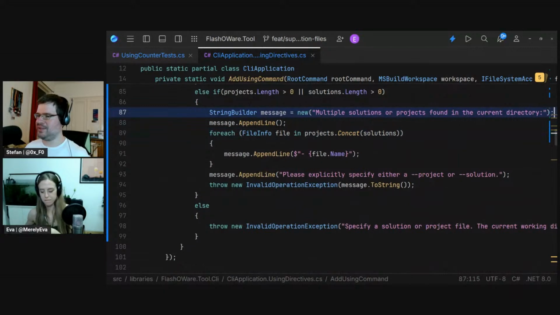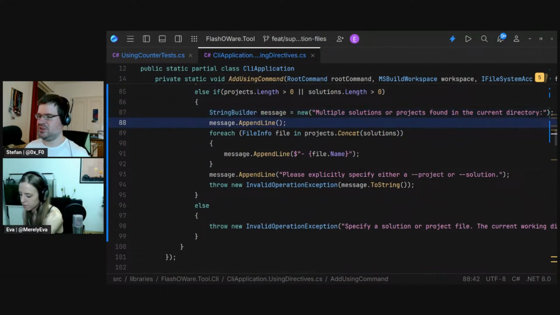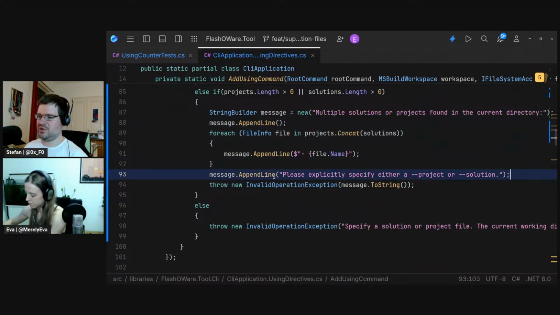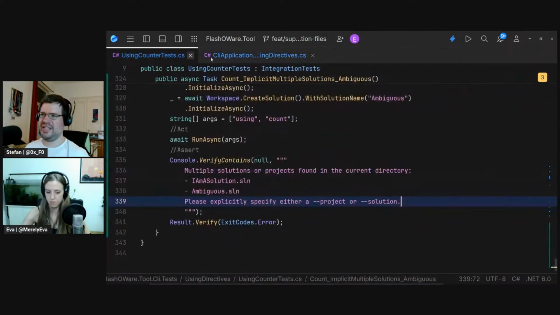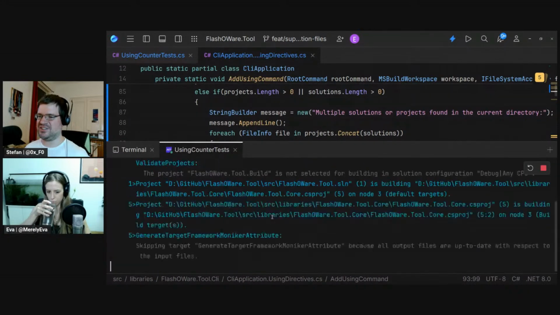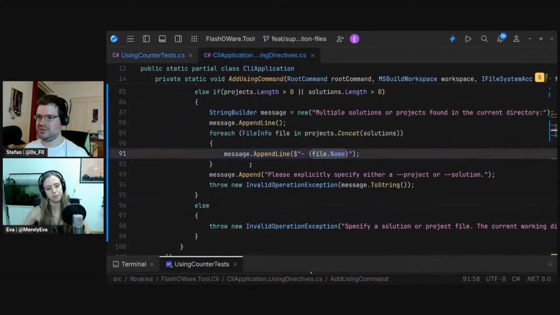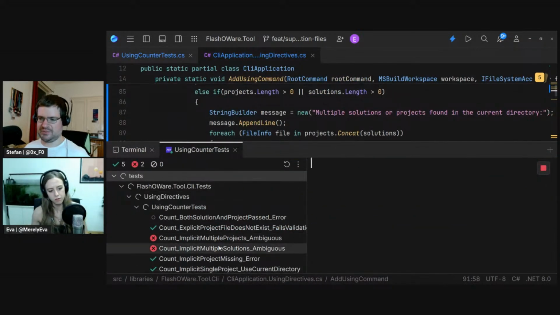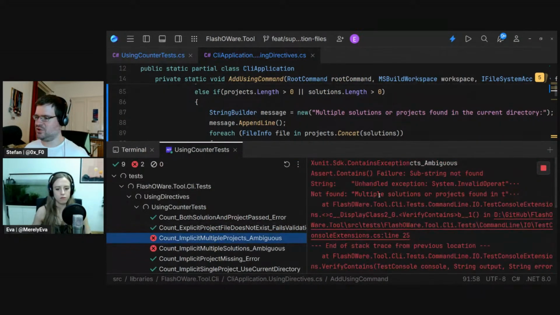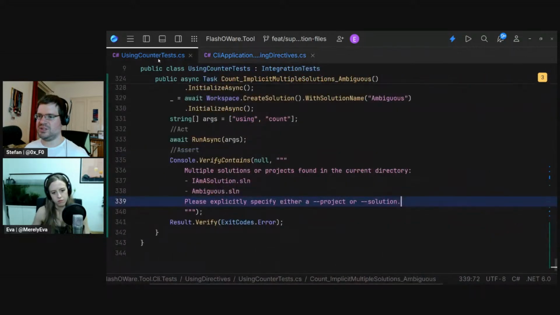Solutions or project. Well, we pasted that. Then we say append line, and then maybe this should just be an append because maybe we have an additional new line. But the contains check, no, that doesn't explain it. The contains check should still succeed. Is maybe file.Name incorrect? Now I'm not sure. How do we get the actual string? I want to print the,